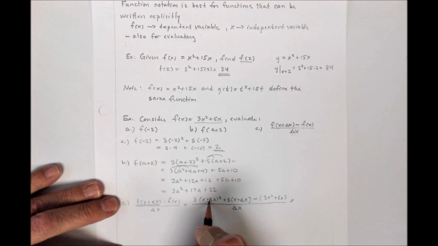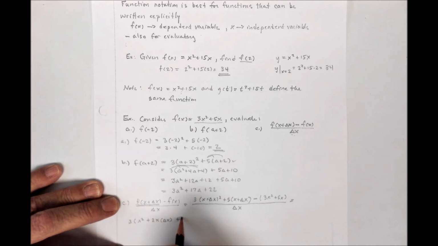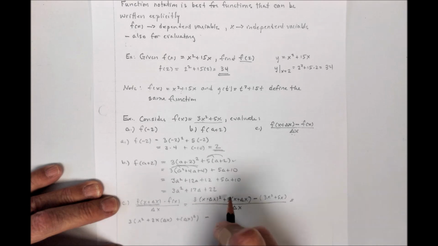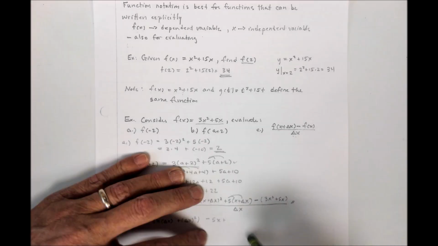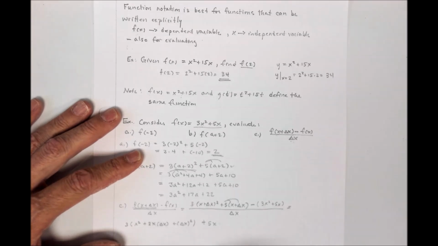So I'm going to square this out. I get 3 times, this would be x squared plus 2 times x times delta x plus delta x squared. I like to put delta x in parentheses like that when it's being multiplied times something or being squared, raised to a power. And then all of that minus, now here I can distribute. I get minus 5x plus, I almost wrote plus. In fact, I did write plus minus because no, I take that back. It is not minus 5x squared because I cannot read my own thing there. No wonder I was right the first time. Plus 5x plus 5 times delta x